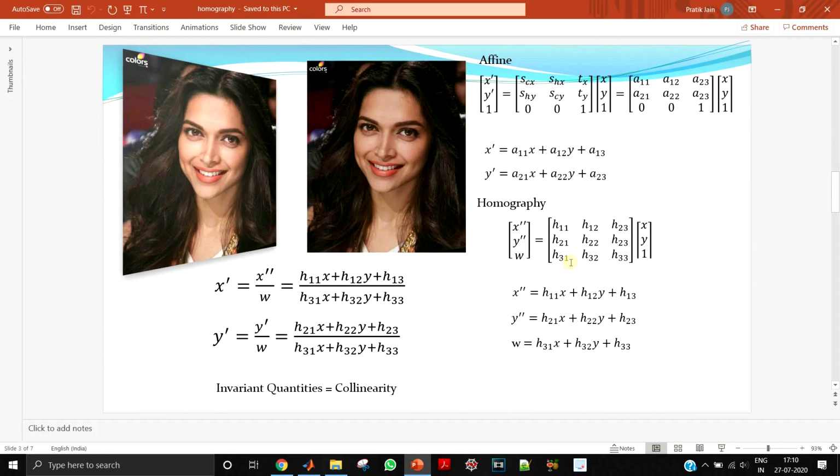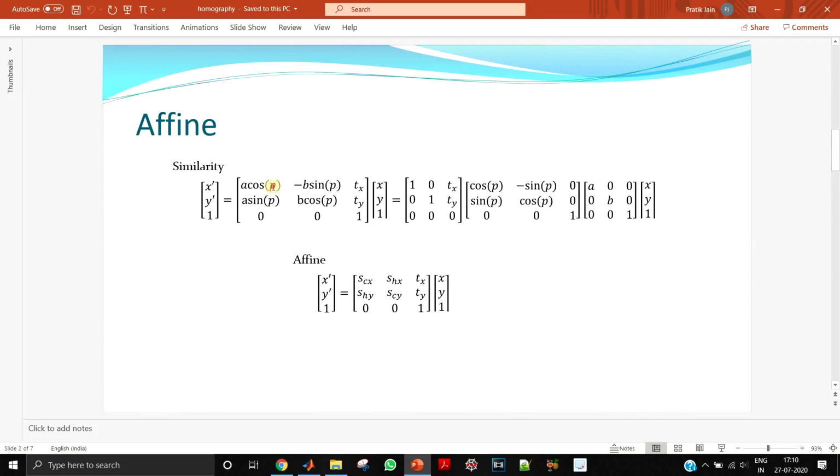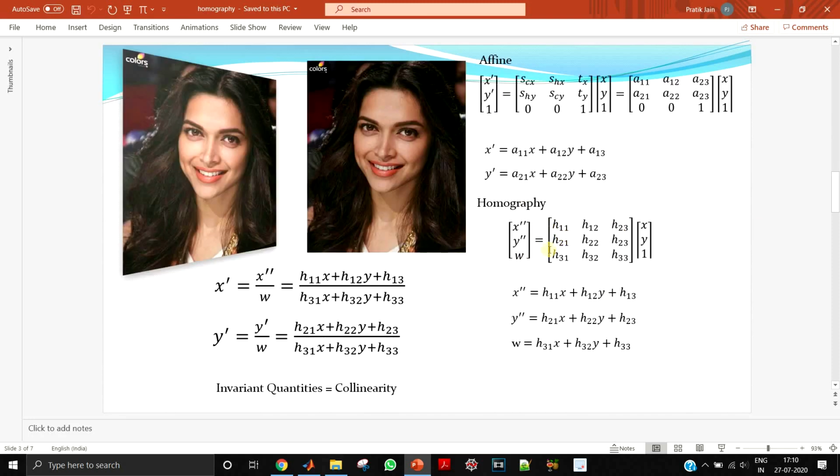For rotation, you know that you only need the angle, because we have the formulas cos theta, sin theta, cos theta. With that you can automatically create the matrix that you want to rotate the image. But if you want to do something else, like affine or homography, you will have to manually enter the elements h11, h12, h23 like this. So let us do that.